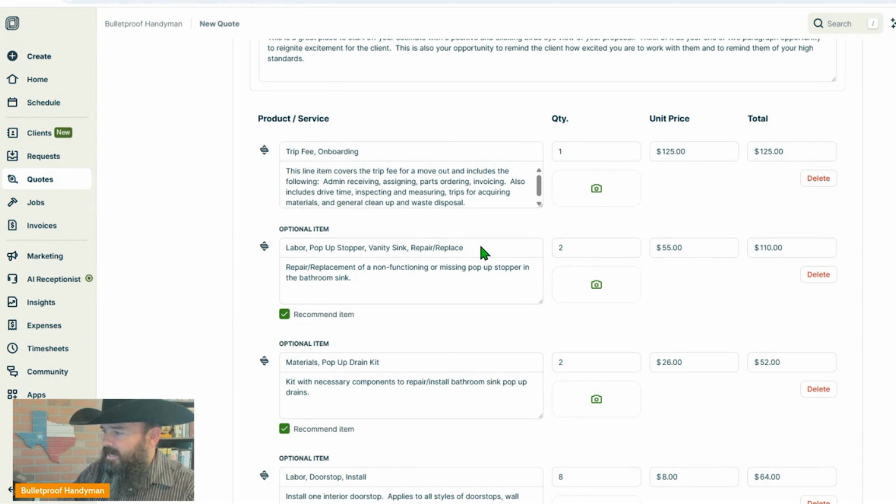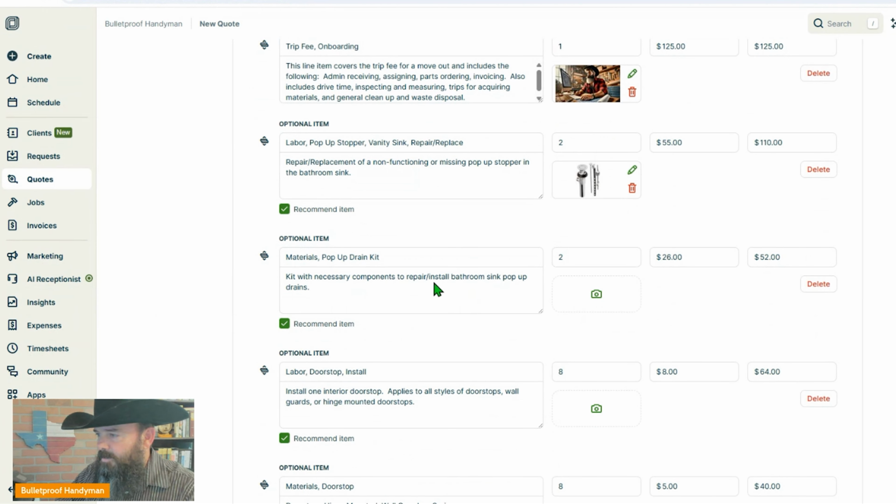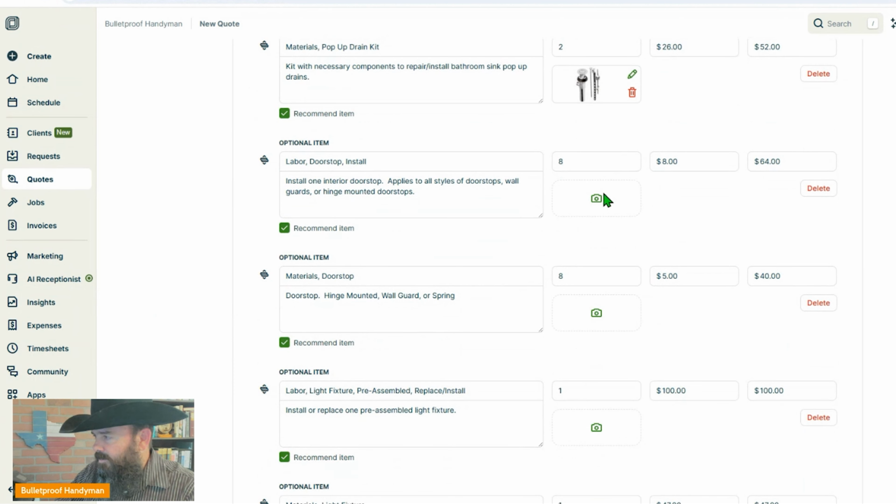So for every line item that you put in there, for example, I can add this picture to this line item, and then I can add pop-up stopper here. So look, there's a picture of a pop-up stopper. I can add that. Materials for pop-up stopper. And we can also add that. Door stop. Actually, I don't have any pictures for door stops, but I have light bulbs and smoke detectors and whatnot. You can add pictures to each of these for them to see either what it is that you're providing,